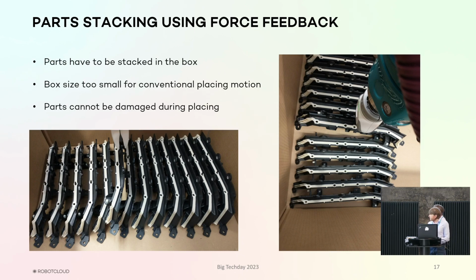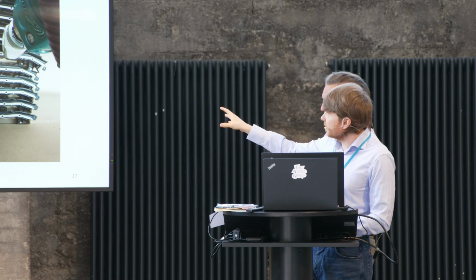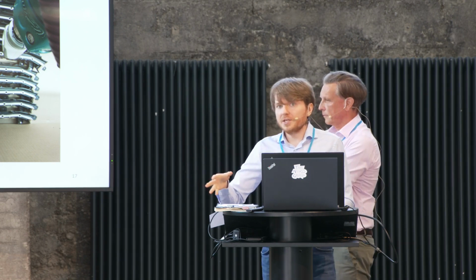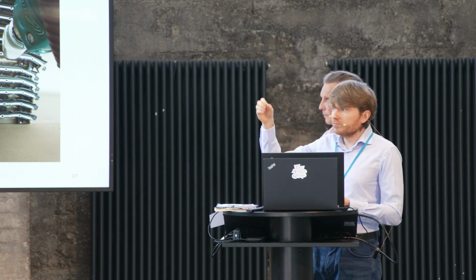Another issue that we really encounter, especially when you have such a dense filling of the boxes, is that sometimes when you place the last parts, they simply don't fit using the conventional placing approach. For example, here you can see that since the parts are so tight, when the last part comes, it can easily crash into the neighbor if you just try to place it by